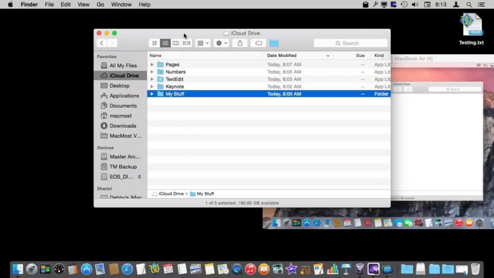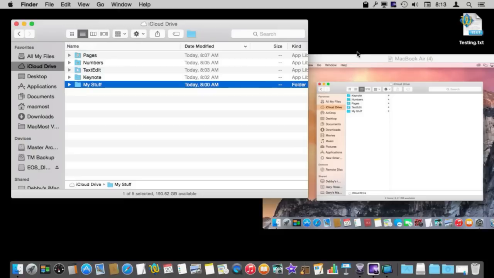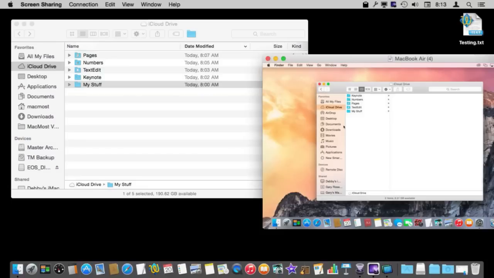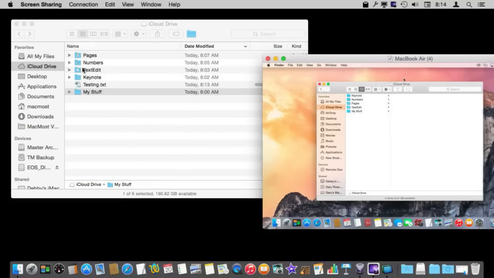Now, your iCloud Drive documents stay in sync with your other Macs. So for instance, here I'm looking at my desktop Mac and I've got the iCloud Drive folder open. I've got screen sharing here showing my laptop, my MacBook Air, which is sitting next to it. And you can see I've got that open also to show iCloud Drive. On my desktop here, my local drive, I've got this testing.txt file. So I'm going to drop this text file into iCloud Drive, and it will appear here in iCloud Drive, and then if I give it just a few seconds, it will also sync over and appear here on the MacBook Air. You can see there it is, and you can even see a progress bar as it adds it.